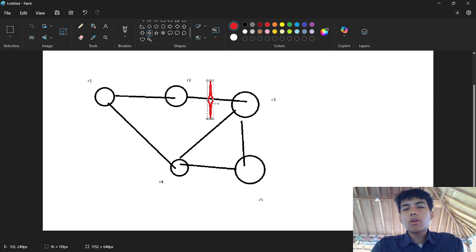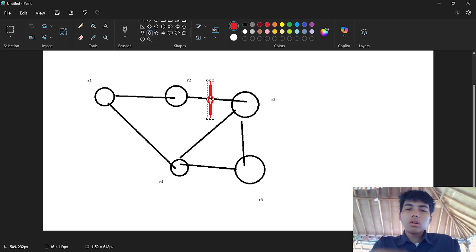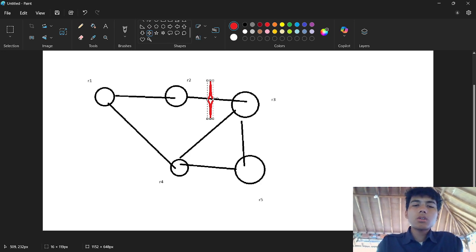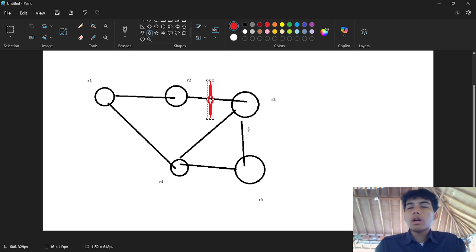Maybe you can fix the cable or change the direction from here to here. It is complex and needs your effort, but static routing is good for safety and for a mini lab or a small company and others.